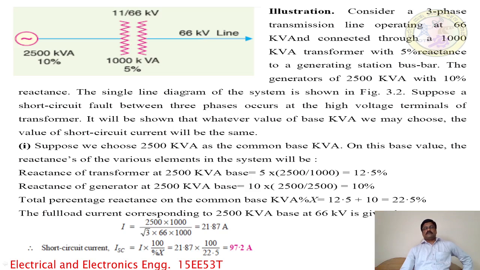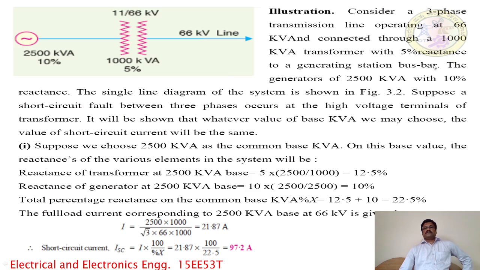What is the required necessity for selection of the common base kVA in the power system? Here is one example. Consider a three-phase transmission line operating at 66 kV, connected through a 1000 kVA transformer. The 1000 kVA transformer is one of the equipment installed in the transmission line, having 5% reactance